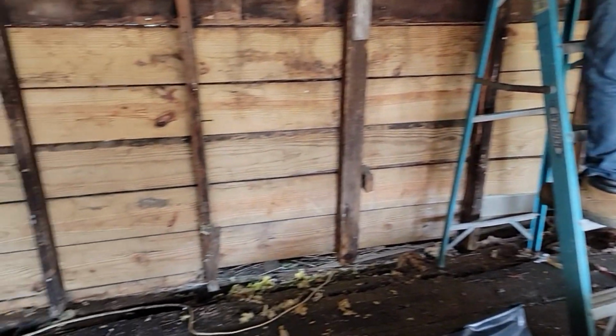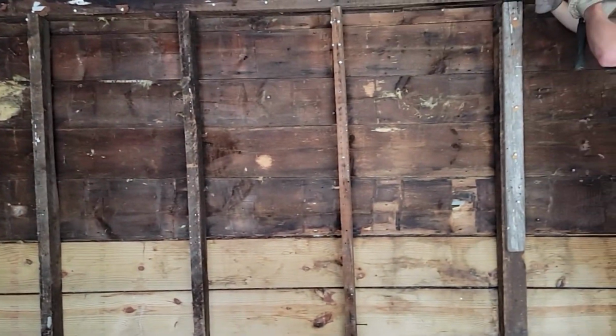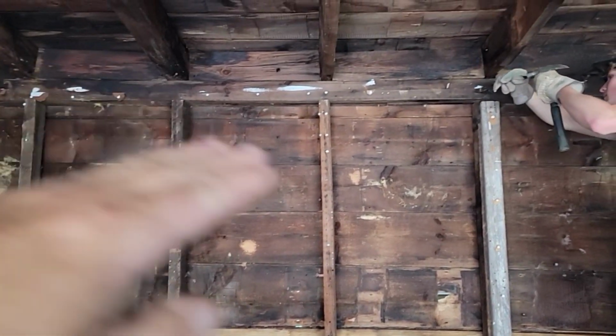No, there's nothing down there. The sill's all gone, all rotten. We're going to tear this off and reframe it. Put some sheathing on it. Do a little jack and get it straight. And then this has a